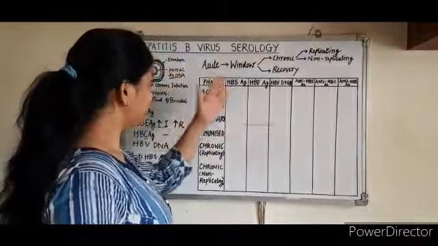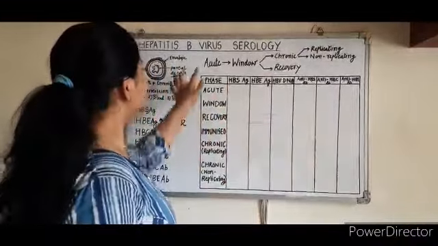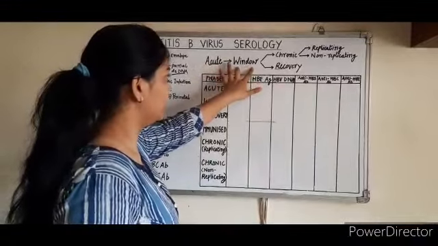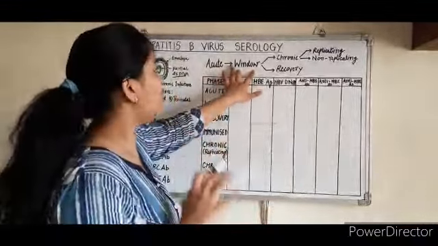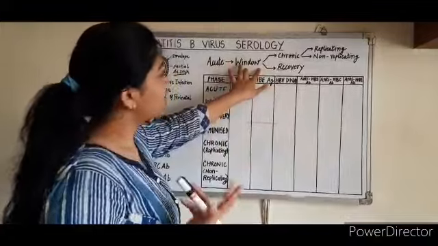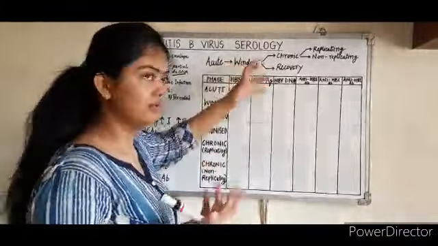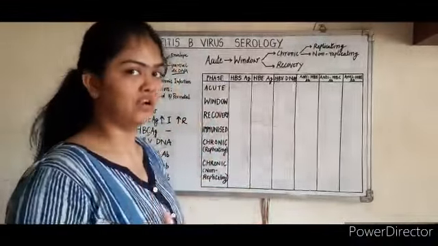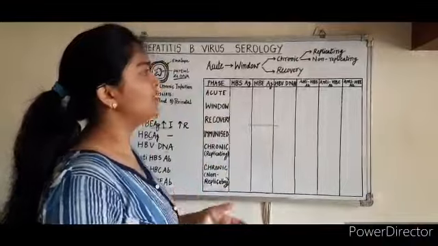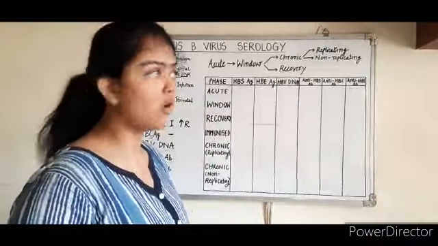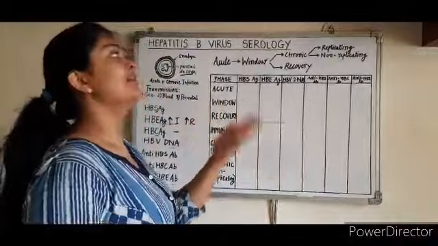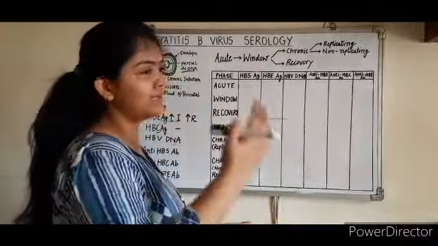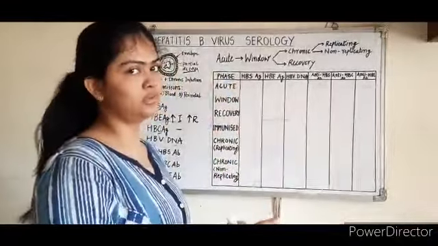So we will first have to see how the disease progresses. First there is an acute phase. Then it progresses into a window period, when all the antigen titer has gone down. After this, there are two ways that the disease can progress. Either it could remain in a chronic phase, or it could get completely recovered. Now in the chronic phase, the virus could be either in a replicating phase or in a non-replicating phase. In a replicating phase, it would persist for decades together, whereas in a non-replicating phase, it would not be replicating but still would persist within your body.